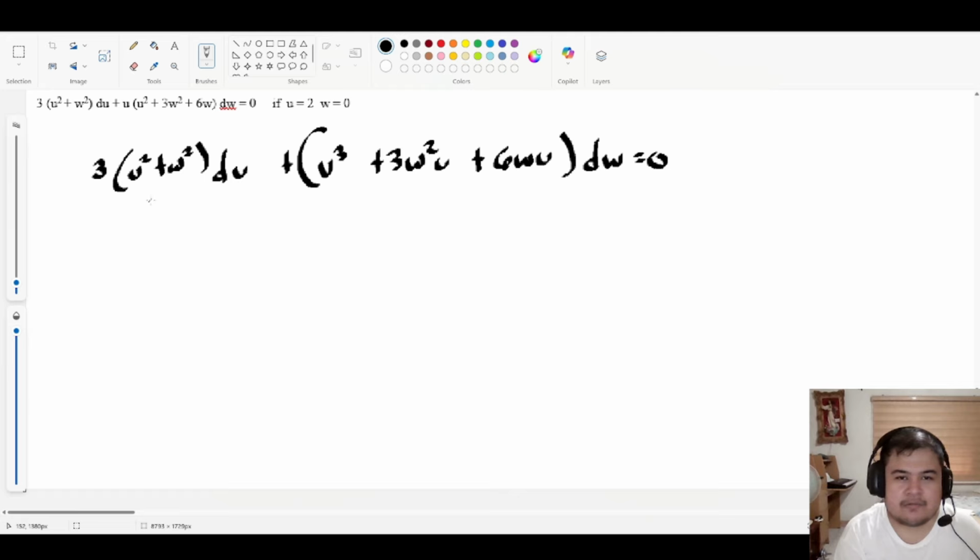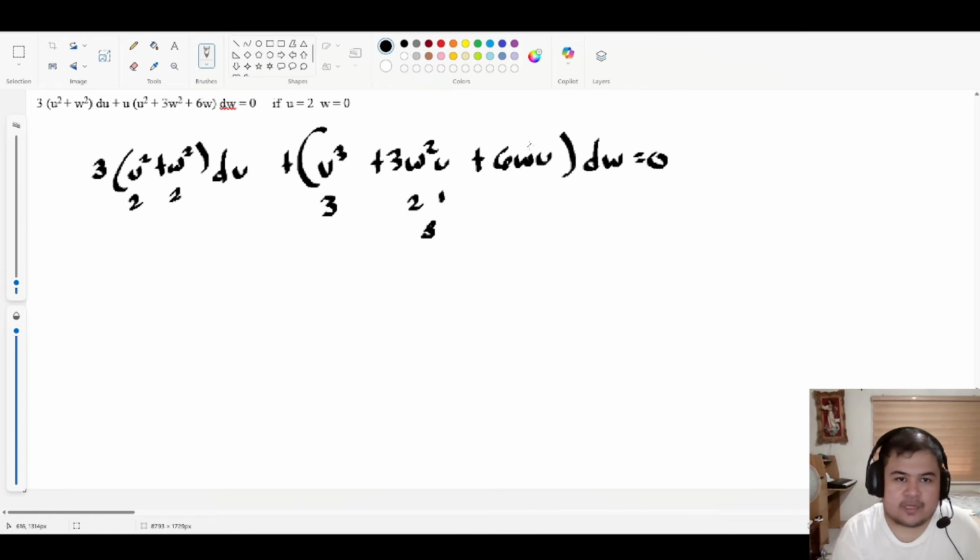For a homogeneous equation, there is an inspection method, but it's not advisable and it's not in the lesson. In order to know if it is homogeneous, you have to determine the degree of each term. The u² is degree 2. The degree of u³ is 3. The degree of this one, w², is 2, but then there's a u, degree 1, so for that term, 2 plus 1 is 3.